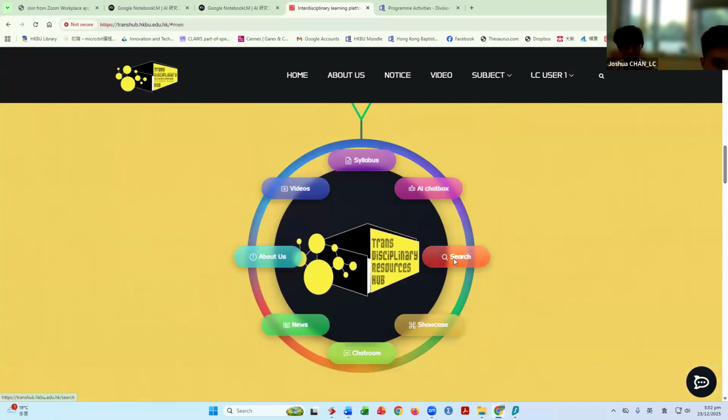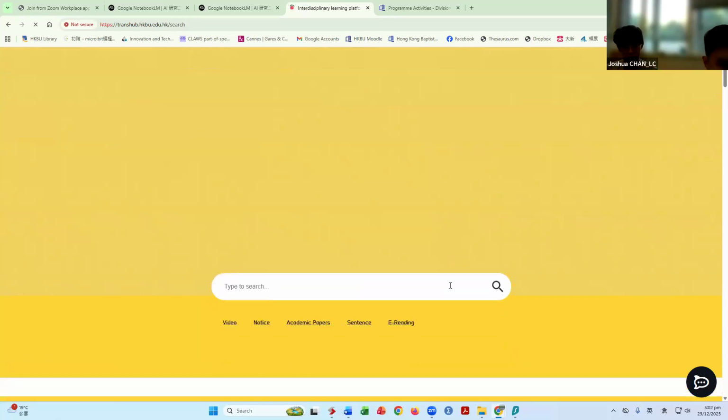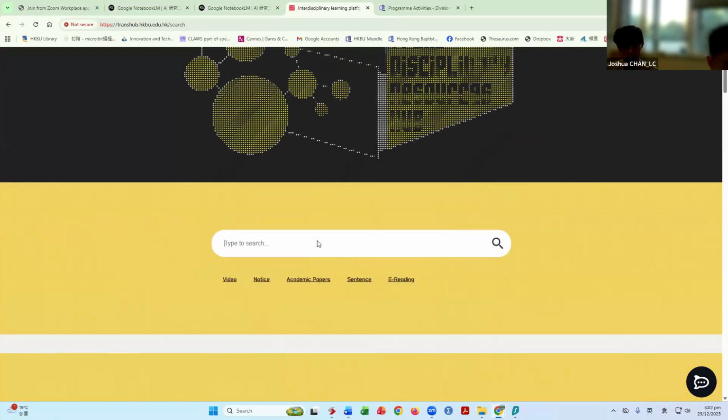Finally, there is the search function. The search function is a meta search. It enables us to search everything about this website. Okay, like academic papers. 啲老師都可以 put 一啲 academic paper, sample paper 落嚟嘅。All right. For example, we might ask our partner teacher to share with us some readings that they will use to teach students, and then we can also put the paper here for sharing, for teaching.